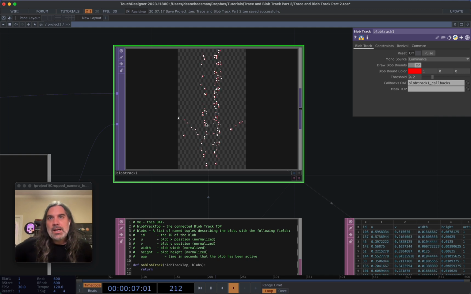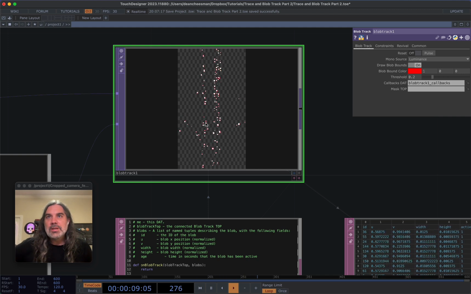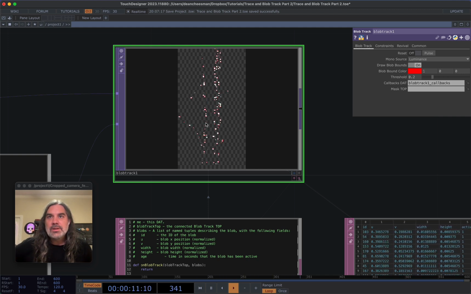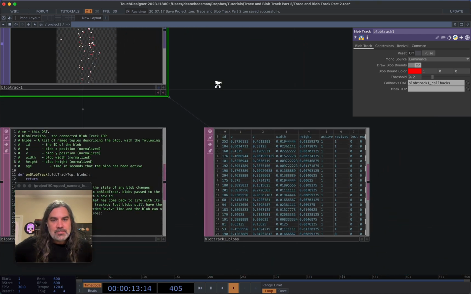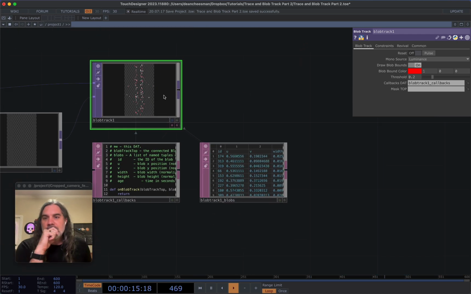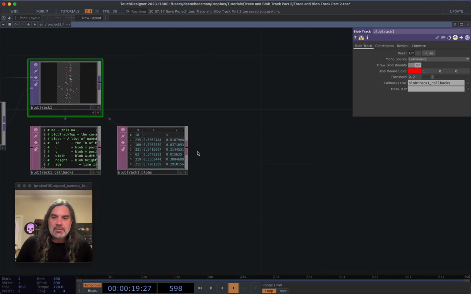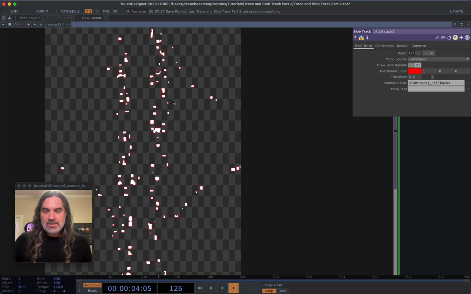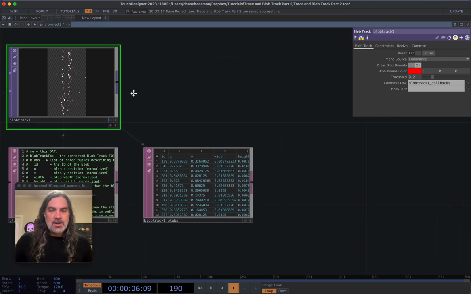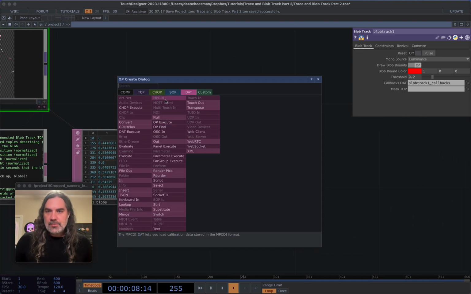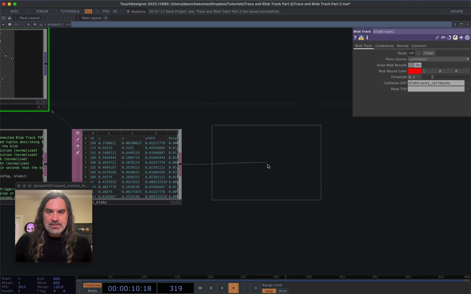All right, so what are we going to do now? Let me look at my previous notes here a little bit. Okay, so we want to be able to take this image and draw our own squares. Let's just do that basic blob track effect. So let's draw the data from here. That way, instead of having these blobs and the squares on them, what we get by default over here, let's create our own. So let's take this DAT to a DAT to CHOP,